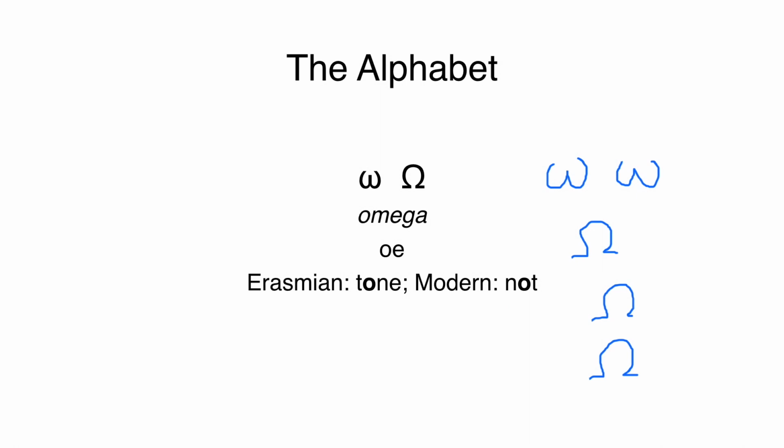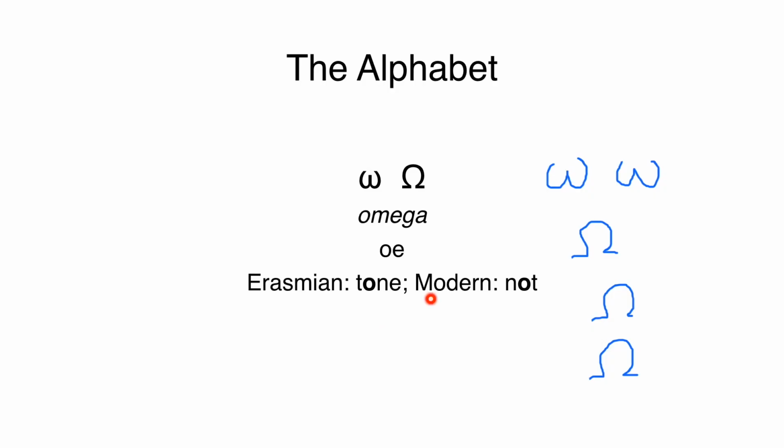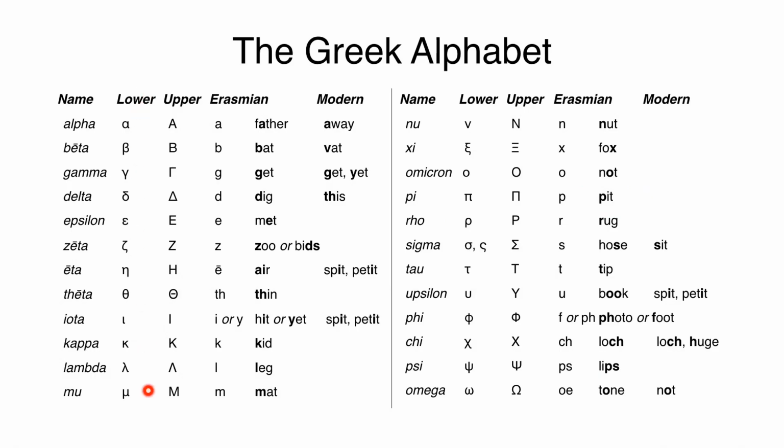In the Erasmian pronunciation, this is a long O sound, as in tone. In that way, it is distinct from the other O sound in the Greek alphabet, omicron, which is a short O. In the modern pronunciation, however, omega and omicron sound virtually the same. It's a short O sound. This is omega. So bringing it all together, we see the 24 letters of the alphabet with their lowercase forms,